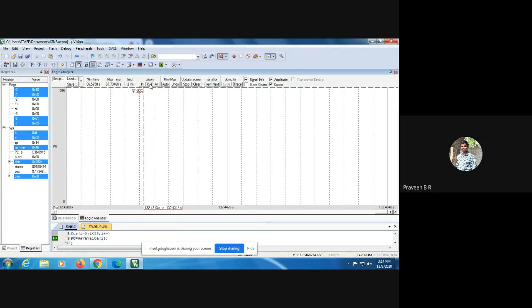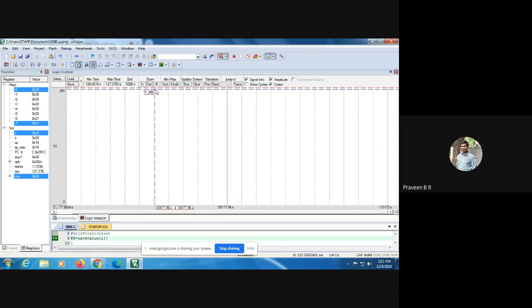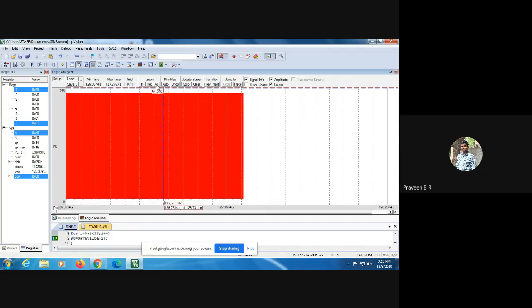By pressing zoom out and zoom in, we can observe how a sinusoidal signal is generated. So you can observe here, this is the signal.